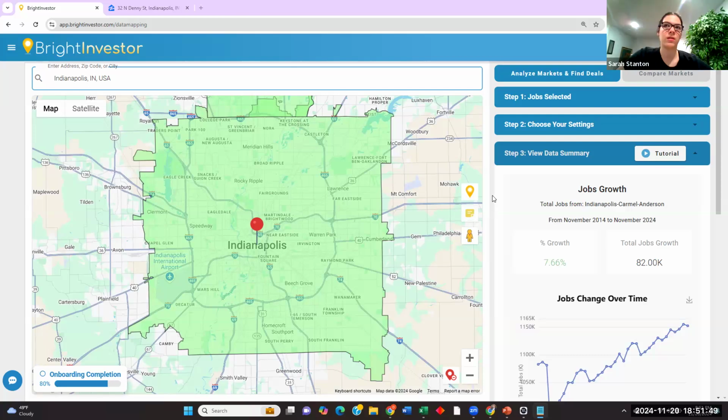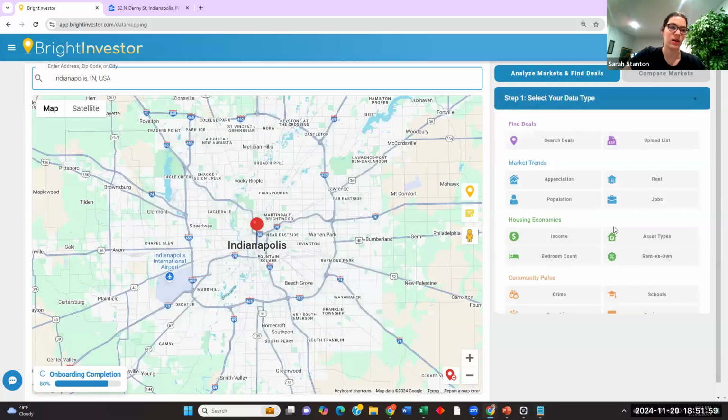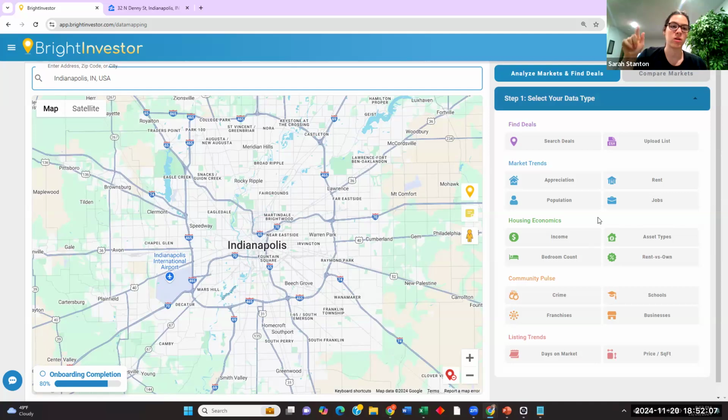So, Sarah, if you're saying, go ahead. What would be really cool is if a lot of the main market data points that we have on here, because now I'm thinking crime, schools, etc., it would be really cool if for everything that we could zero in on in the area, there was a toggle, similar to a filter, that we could use